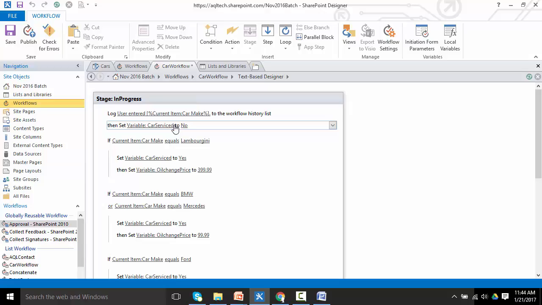Okay, to start with, it's just setting variables. It's just initializing the program. So it's just saying that I'm going to set this variable to no in the beginning. Okay, and then after that,